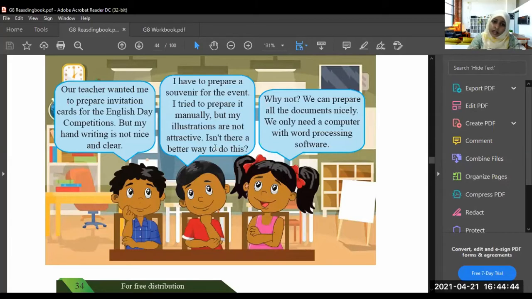So here he tried to draw some things, right? He tried to illustrate some things, but it is not attractive, it seems. So he is thinking of another better way to do these things. So this girl says, why not? We can prepare all the documents nicely. We only need a computer with word processing software. So here you can make the invitation card for your English day competition. You can illustrate whatever you want to illustrate using the word processing